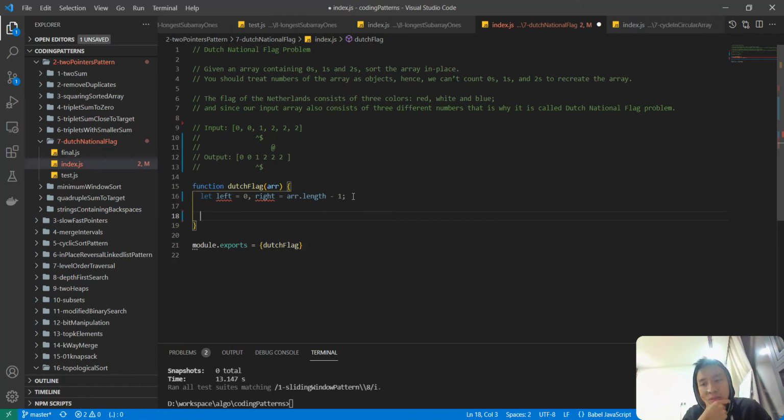Here I'm going to use a while loop. Why is that? Because it will be easier to decide when to move the current pointer forward, right? Because after swapping, we could keep the working pointer the same for the next iteration, right? So probably I want to use a while loop here,